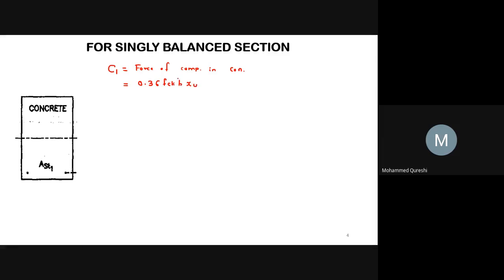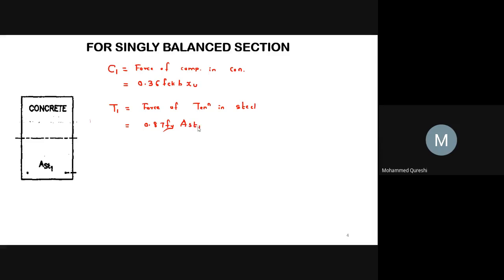We had already studied the basic concepts of compression force in concrete in the singly RC beam chapter. Now, as we know that C1 equals T1, so T1, the force of tension in steel, will be equal to 0.87 fy